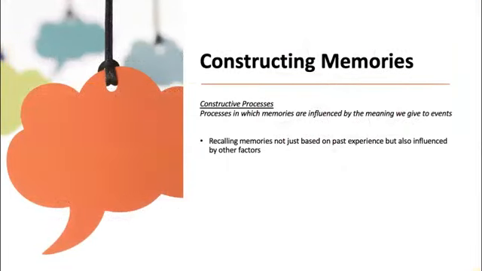Now, although we can have very detailed recollections of significant and distinctive events, it is still difficult to gauge how accurate our memories actually are. And it is apparent that our memories reflect a sort of constructive process where memories are influenced by the meaning we give to the events that surround them. When we retrieve information, the memory that is produced is affected not just by the prior experience we had, but also by our guesses and inferences about the meaning of that information.